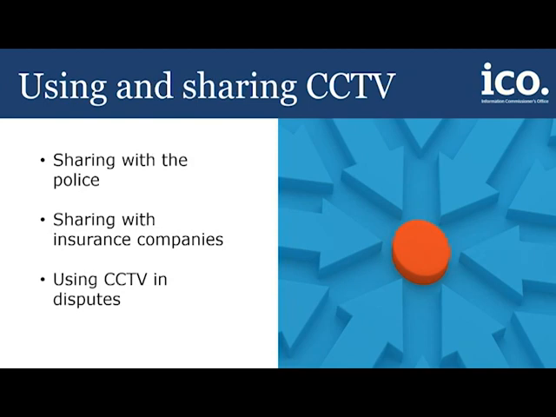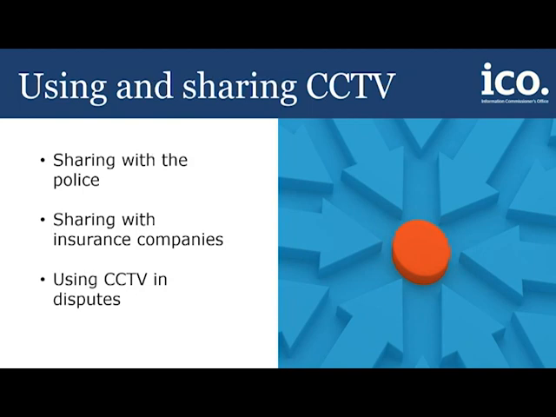You may also be asked for footage by the police if they need this for an investigation. The law does allow you to share footage for this reason and without having to inform the suspect. You should still make sure you're only sharing what is actually needed though. If you're not sure why they want the footage or how much footage they need, you can ask them to give you some further details. If you're still not comfortable with sharing the data, you don't have to share any footage unless you receive a court order for this.